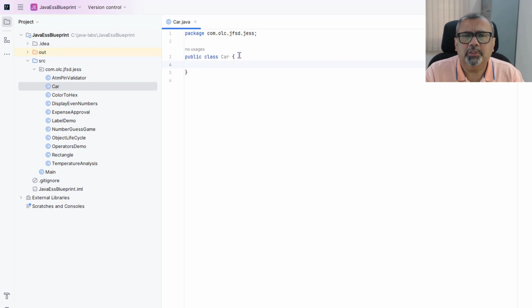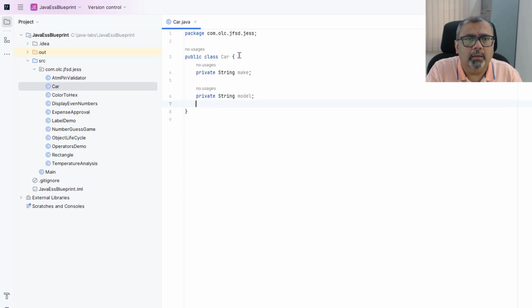So now let us look at what the basic attributes of a class are. If you look at a car, what are the things that would come to your mind? First is the make, so let us say private string make of the car. Then you have the model, some of the basic attributes we could say. Private string model,